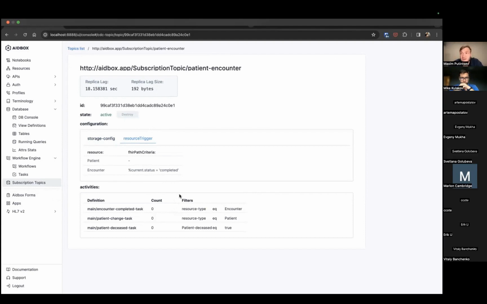You do this with a FHIR path expression, and they may be quite complicated. They may include current and previous state and resolve a reference resource and so on. So it's the first part. Usually it's used to implement a subscription specification, but subscription specification doesn't allow you to make a guaranteed delivery and